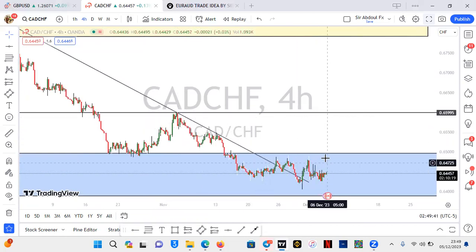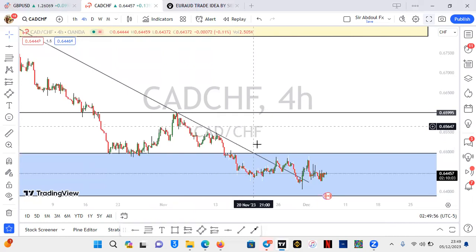Because now if you say you are going to buy, if you buy, the market comes and respects this level and then just goes down. You understand? So that's why you don't need to buy. You have to wait and break it before you buy. So as you can see,